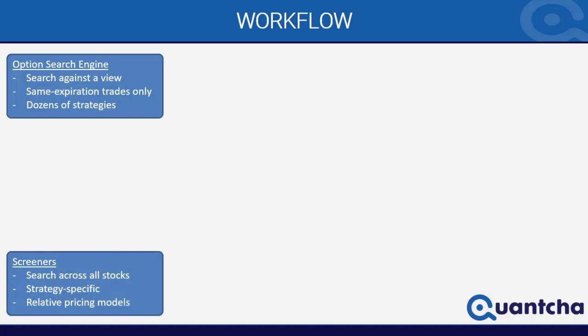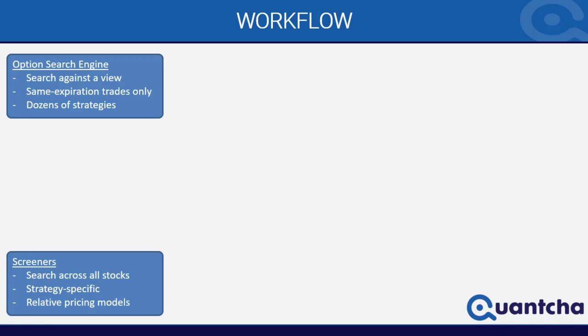Now, let's talk about how the calendar search fits in with the general Quantcha options platform workflow. We currently have the options search engine, which we've talked a little bit about. That's where you find vertical trades based on a view that you've set up. And this one searches across that specific option chain using dozens of different strategies, including condors and conversions and all kinds of stuff, covered calls as well as spreads, as traditional credit and debit spreads for 2 calls or 2 puts. We also have on the other end of the spectrum the screeners, and these are global